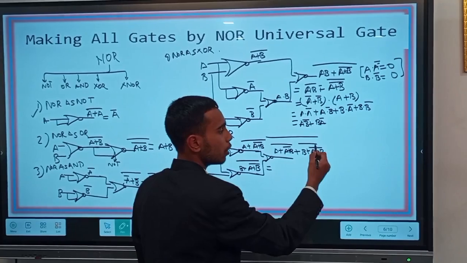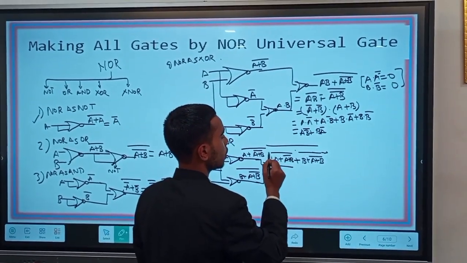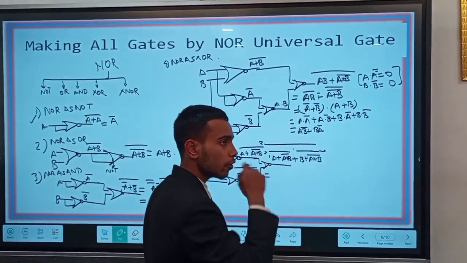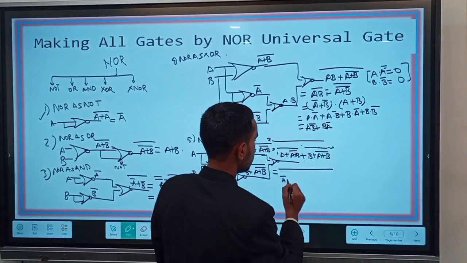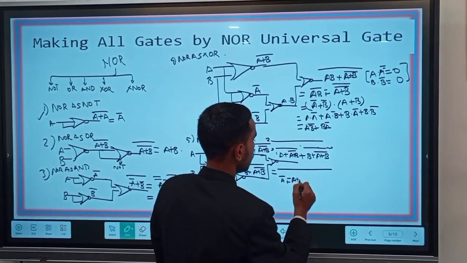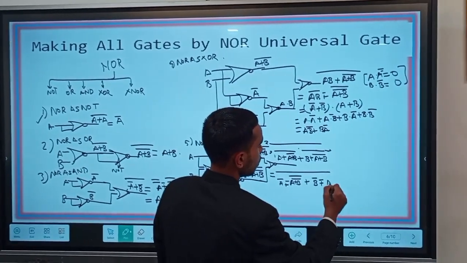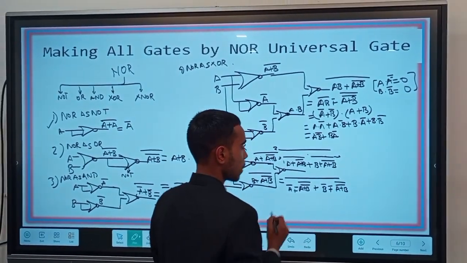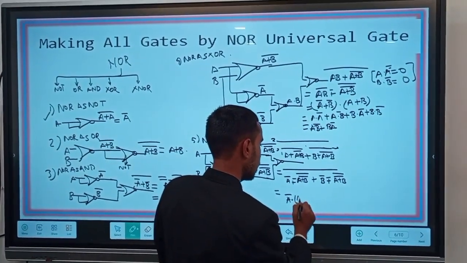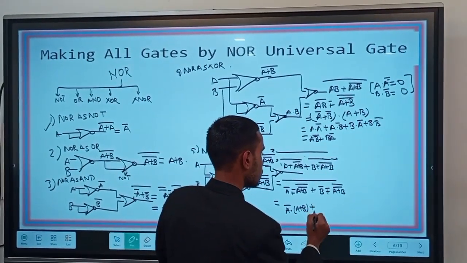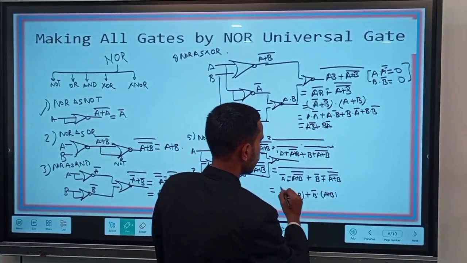Okay? So I want you to visualize this one, the second level bar. This is the first level, second level, and third level. We are going to solve it from the second level. Okay? So keep it like this. It becomes A complement plus complement, A plus B double complement plus B complement plus complement, A plus B double complement like this. Now it will become A complement into A plus B plus B complement into A plus B, and this bar we put here.